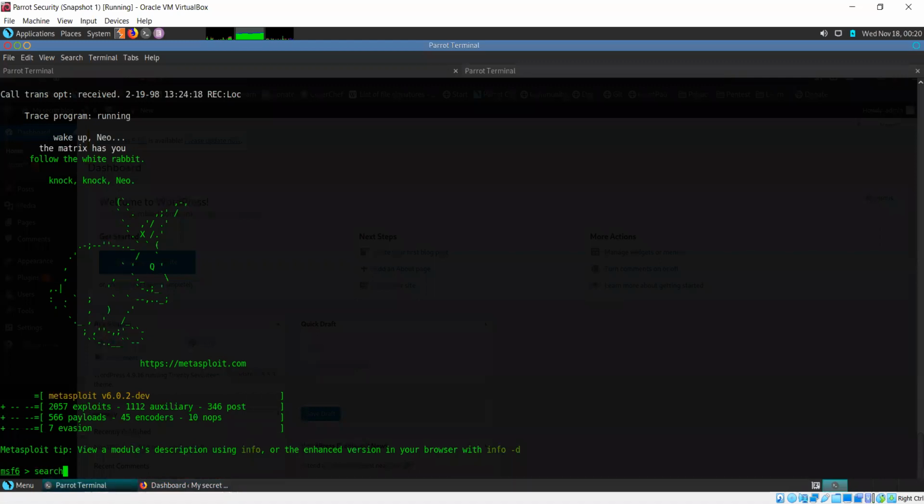Now see, we have admin access to WordPress because we are logged in as the admin account. So what we can do is we can upload a shell. We can upload a payload actually to the WordPress website that will allow us to get shell access.